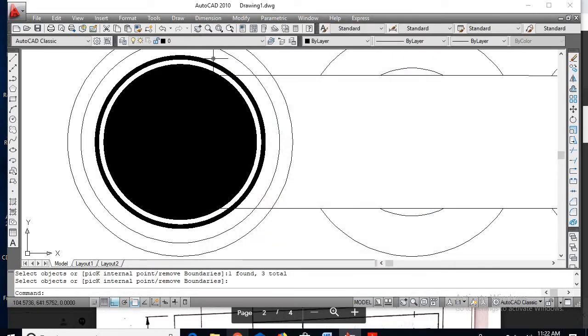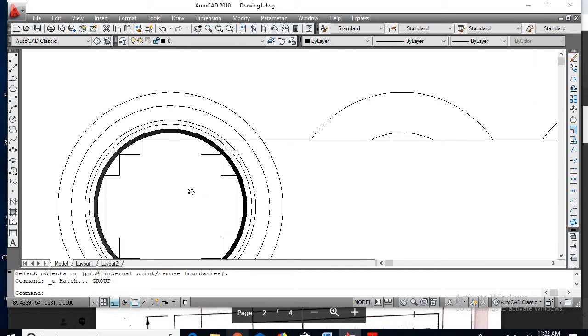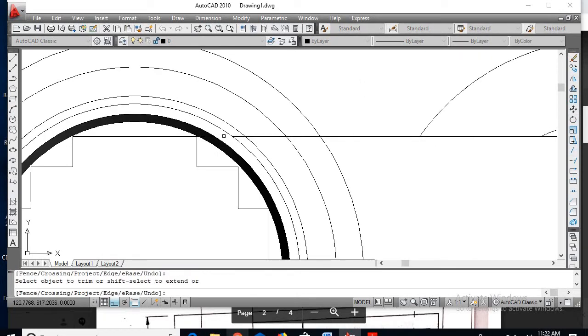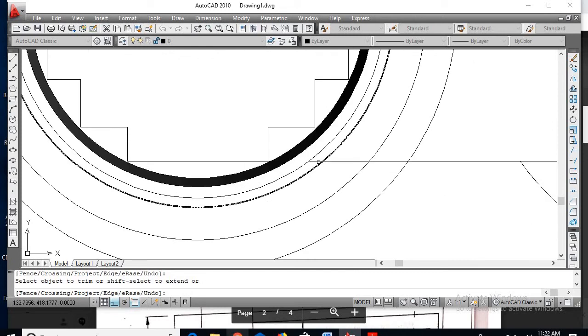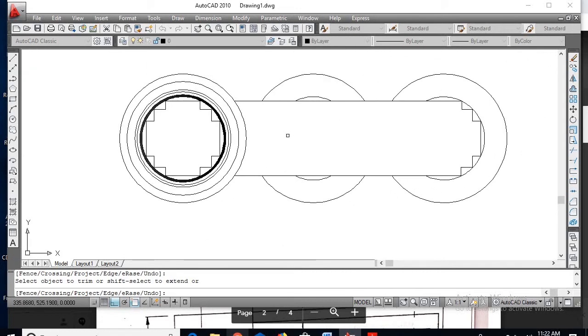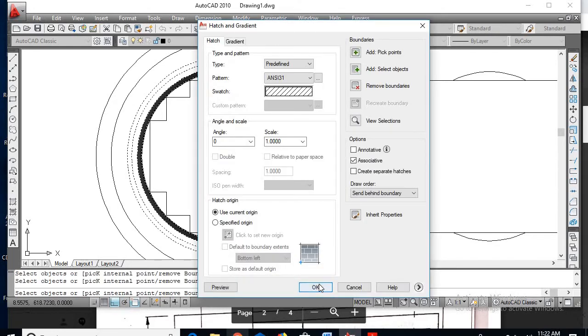So okay, trim command, right click, so trim the unwanted portions here. Hatch command, go for hatch select object, select these three circles, enter, say OK.